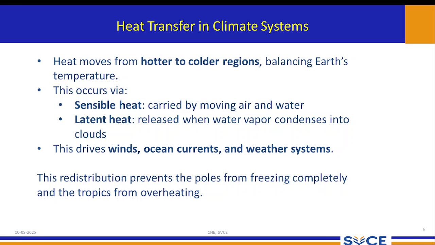This drives winds, ocean currents, and weather systems. We will see in detail what an ocean current is shortly. So we understood that the transfer of heat always takes place. The sun at the equator is warmer, whereas in the cold regions there is not much radiation from sunlight falling, and that's why it becomes very cold. Obviously, because of the temperature difference between the polar region and the equator, there will be a transfer of heat between the two, because of the wind. This drives winds, ocean currents, and weather systems. That means temperature is an important parameter to be considered.